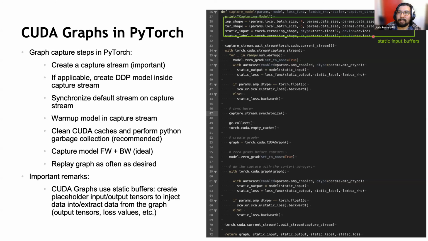In order to run graphs, what a graph does is it records all the inputs and outputs for all kernels into some kind of blob that PyTorch or CUDA can launch. And so the key part is that you need to have a static input entry point and a static output exit point. So